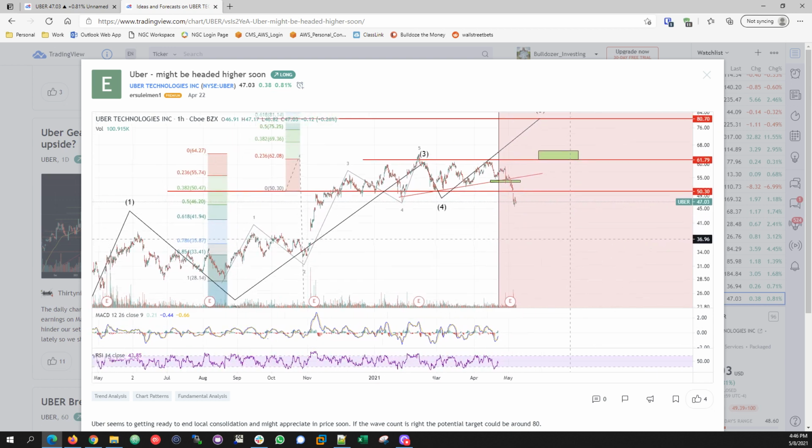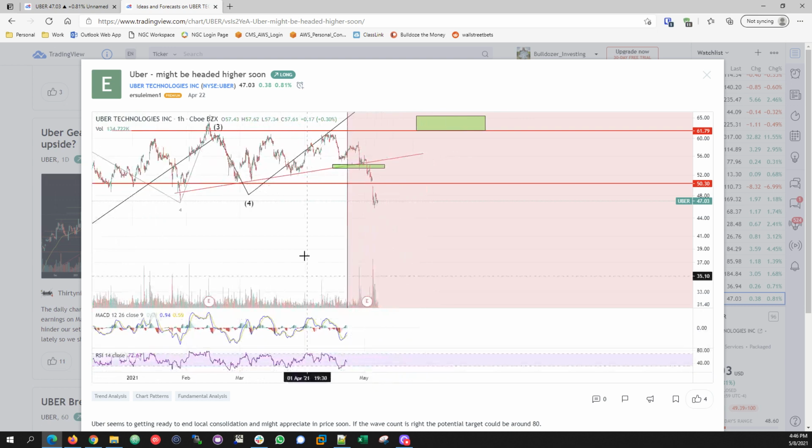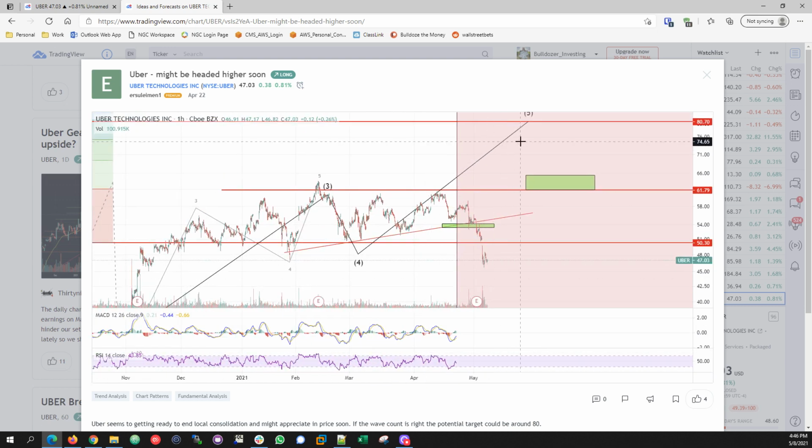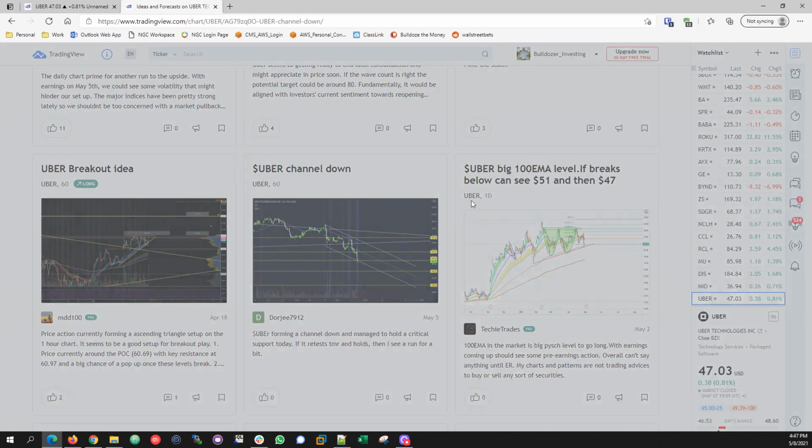Okay. You can also fix the chart up here. It's a great tool. TradingView is a great tool. See, sometimes Elliott wave does not work. Just like any other theory, it's not always 100% correct. So you get the point.